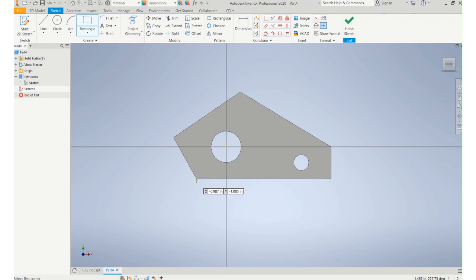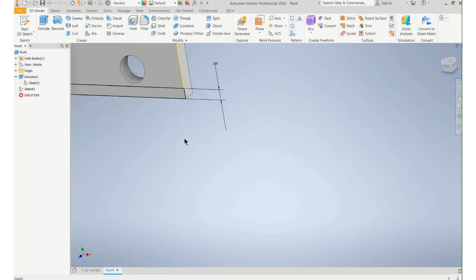Like let's say I wanted to add like a foot to the bottom of this. I'm going to click on that intersection. I'm going to click over here. I just want to get to the end of the part. I'm not going to worry about the height of it right now, because then I'll come and use my dimension tool to call out the height of that. And let's say that's 3/16. Let me finish the sketch. You can see what I've done there. So I've added that sketch